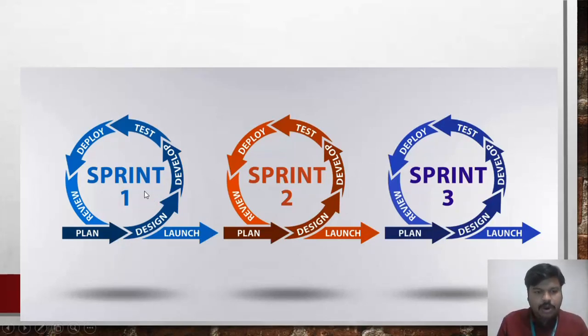For example, the product should be covered in three sprints. Each and every sprint will go through plan, design, development, test, deploy, review, and it will be launched. Another sprint will be plan, design, develop, test, deploy, review, and launch. According to the product, for example, if it is a simple project, we will go for 10 sprints. If it is a big project, we will go for 20 sprints. But the duration of a sprint should be 1 to 4 weeks, and every 24 hours we will have